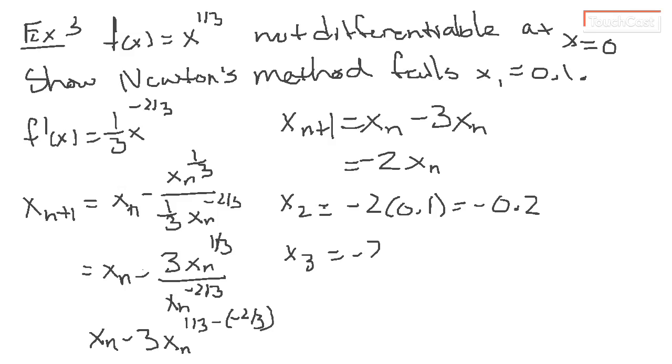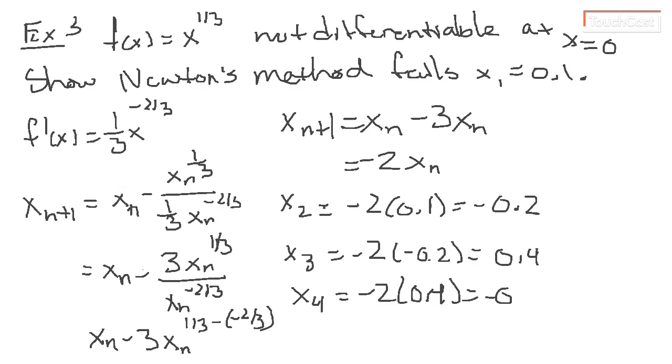That's going to take negative 2 and multiply it by negative 0.2, which is going to give us 0.4. And if we find x4, negative 2 times 0.4 is going to give us negative 0.8. And if we kept going, found x5, we're going to go negative 2 times negative 0.8. That's going to give us